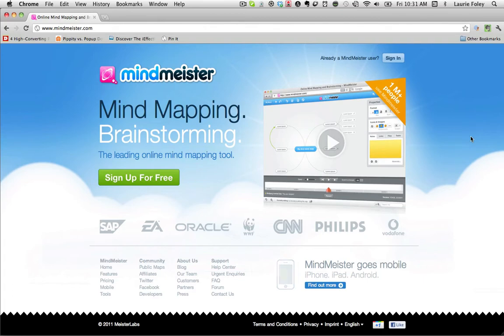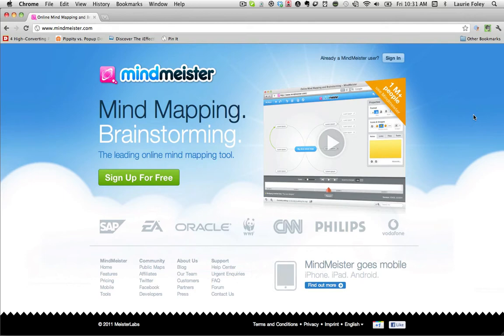This is a demonstration of using a mind mapping template that is included in the Planning Kitchen materials. This template is designed to be used with the MindMeister system online. If you've not used mind mapping software before, I really like MindMeister because it's easy to use, it's easy to get started, and it's free to get started. So I thought I would demonstrate how to import the template so that you can begin working on mind mapping